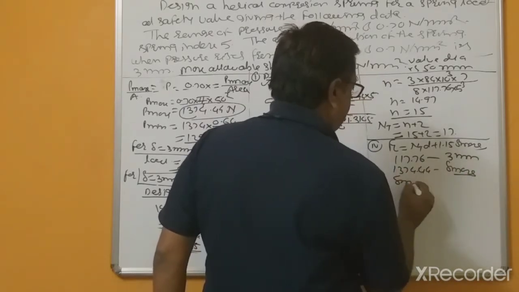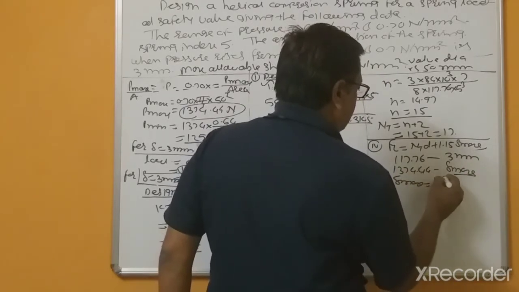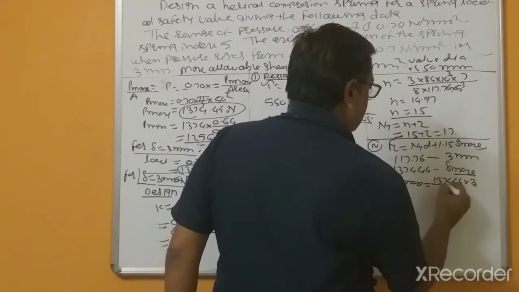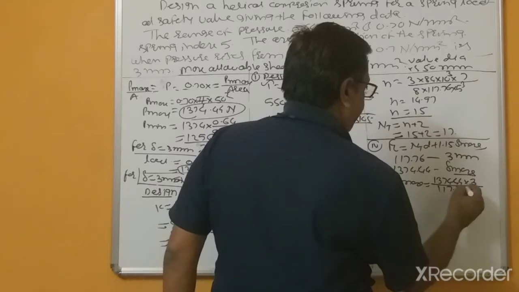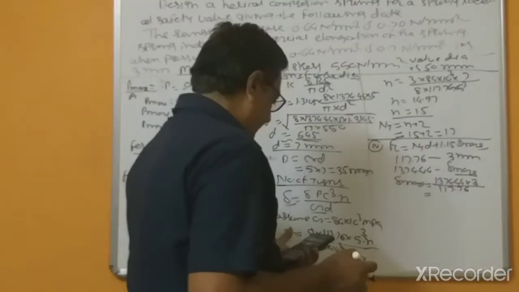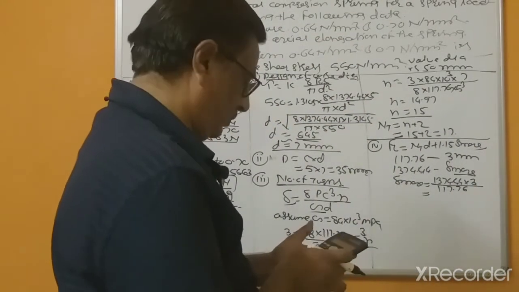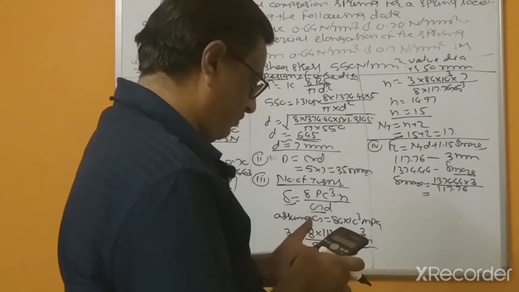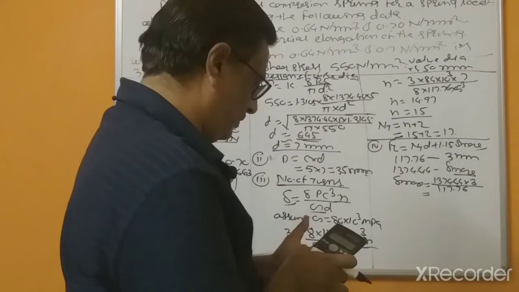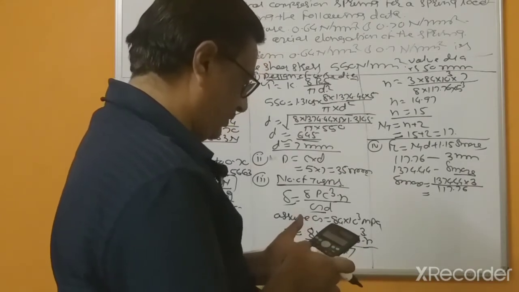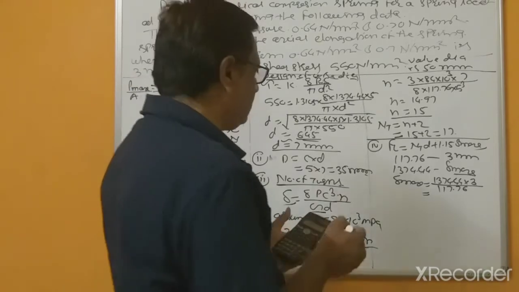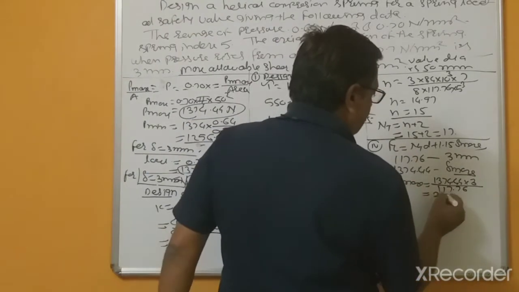So the maximum deflection equal to 1374.44 multiplied by 3 divided by 117.76. This is equal to 35.01